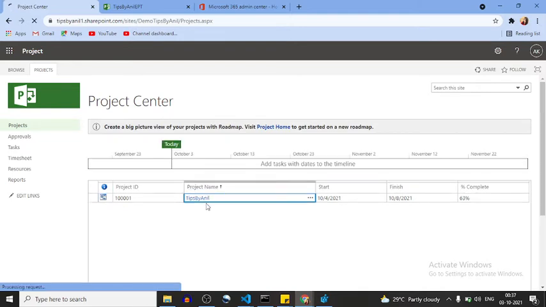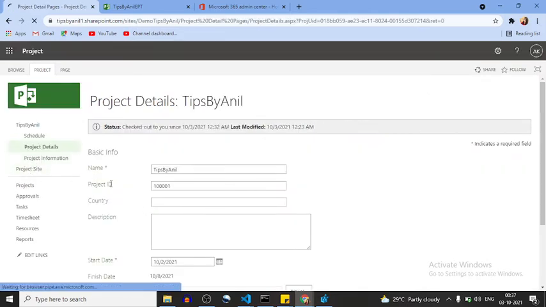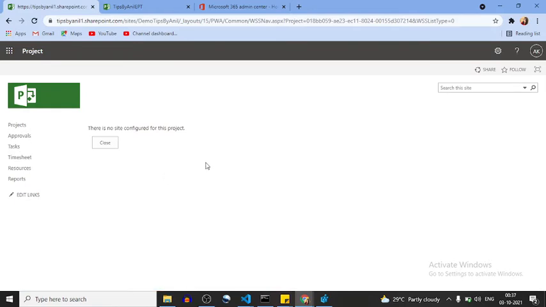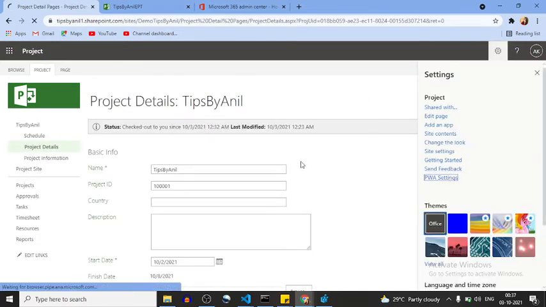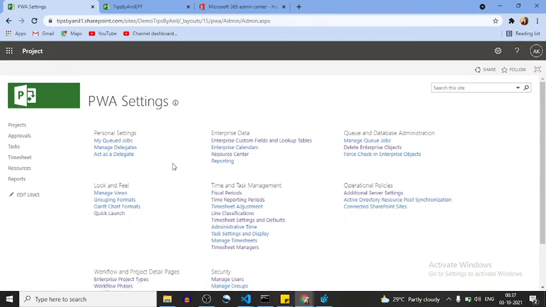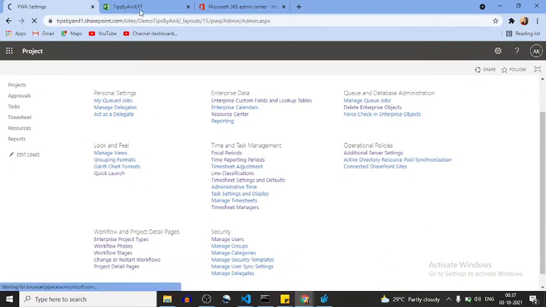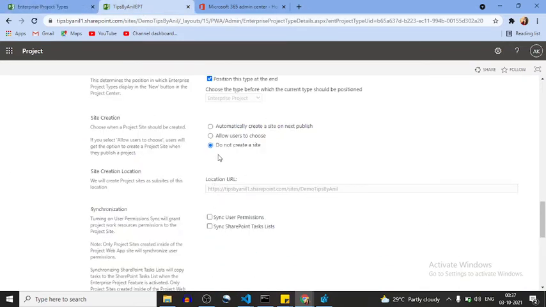tips by Anil, project site. So here, there is no site configured for this, because I think there will be an option that will not allow you to create an automatic project site, because here we have the option: do not create a site, allow user to choose, automatically create a site on next publish.